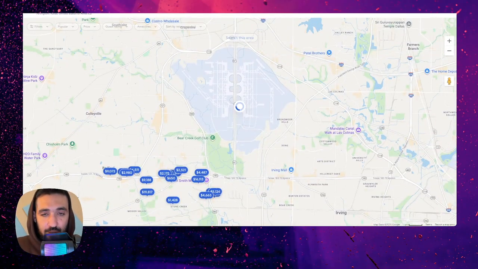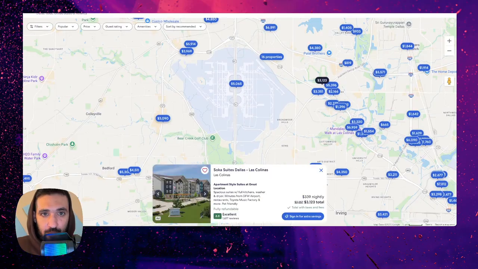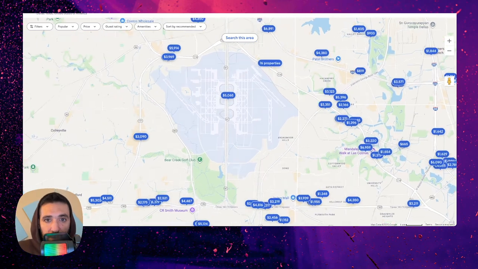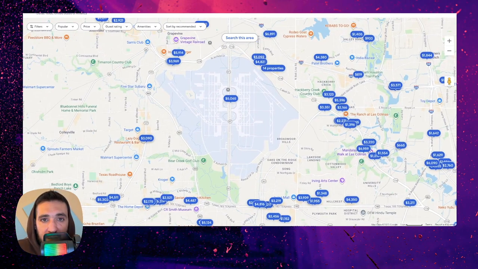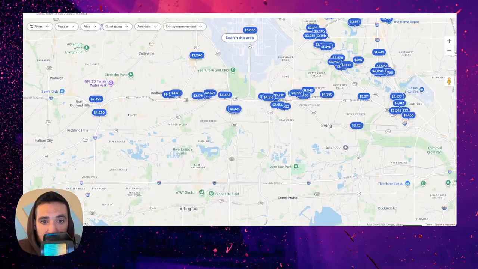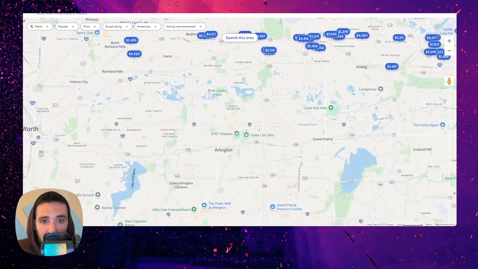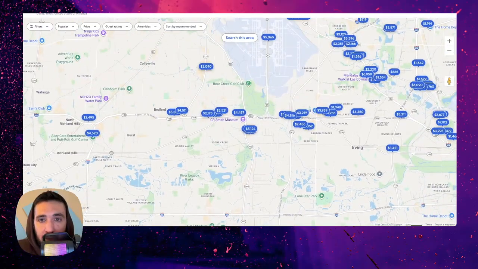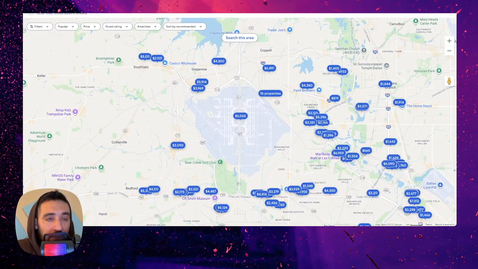So search this area. Here we go. So here are some of the hotels near the stadium, the airport. And where was the stadium? The stadium's down here. So here's the airport and the stadium is down here. AT&T Stadium.